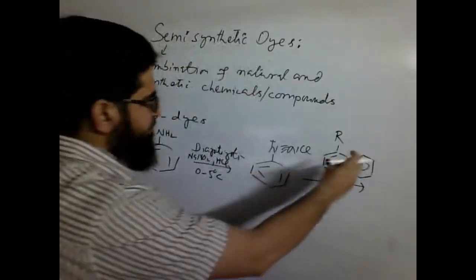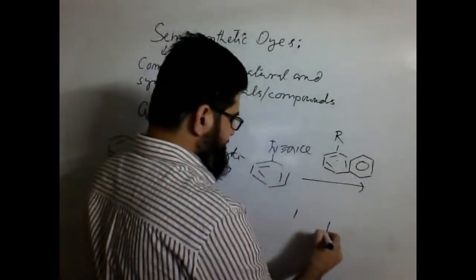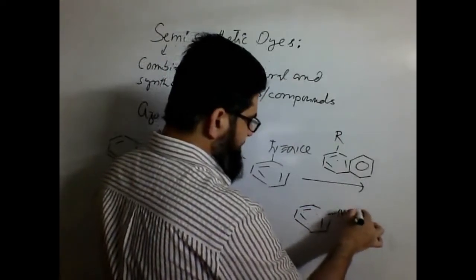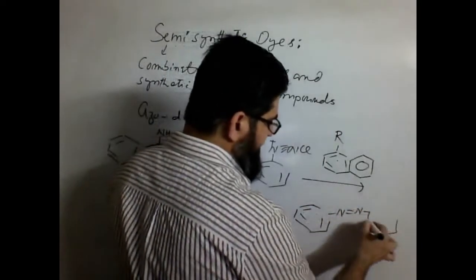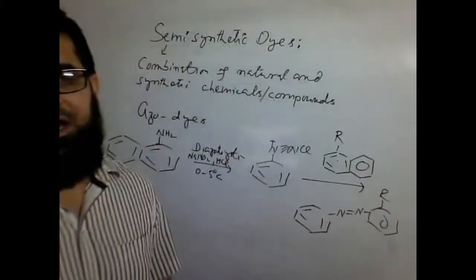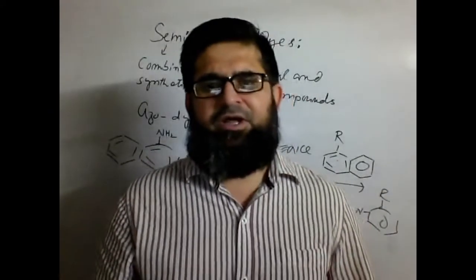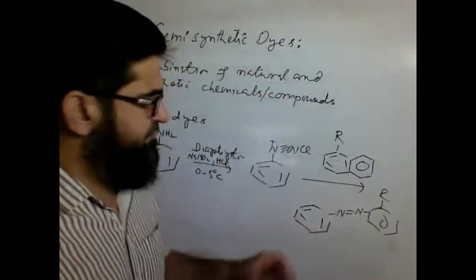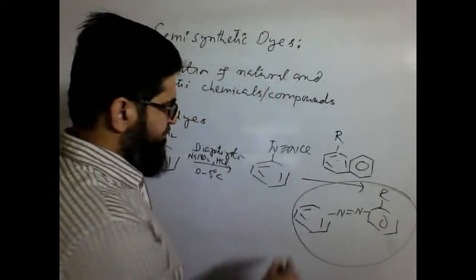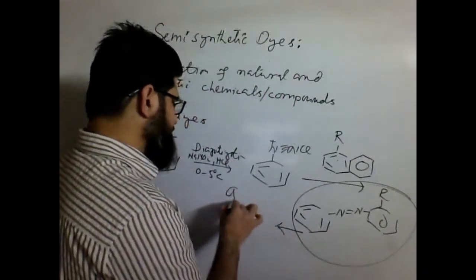Then they undergo coupling, that basically is an electrophilic substitution reaction at aromatic rings, that gives us this type of compounds, which are called azo